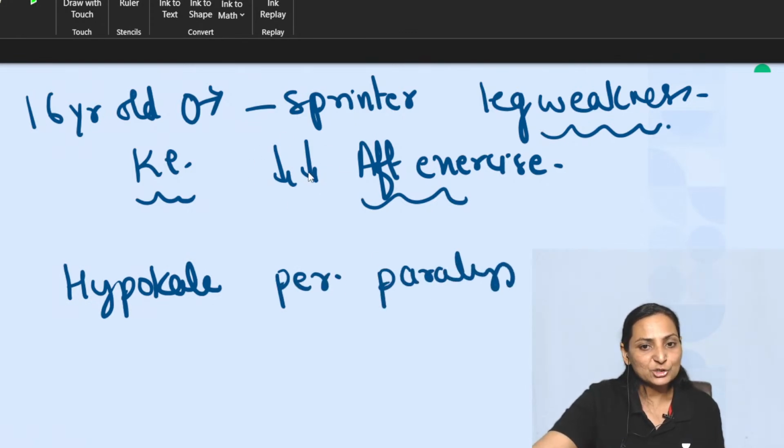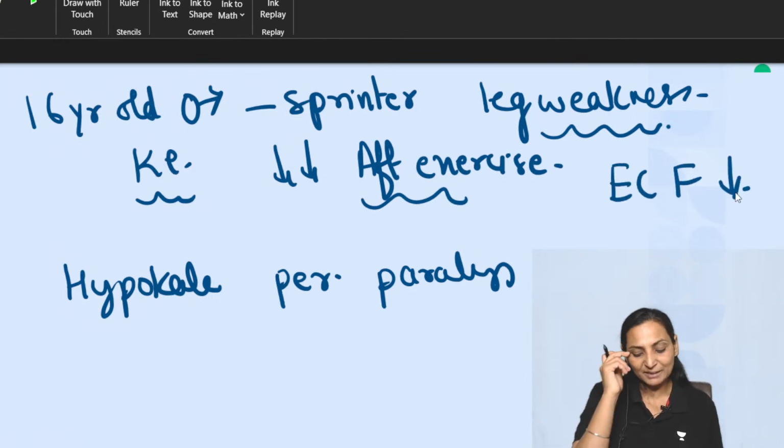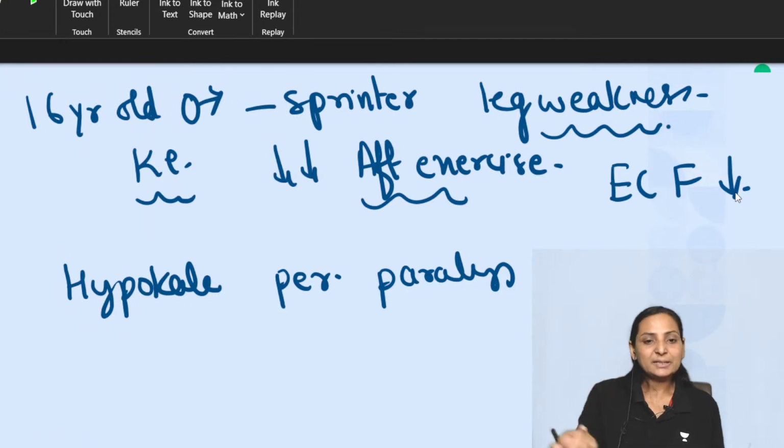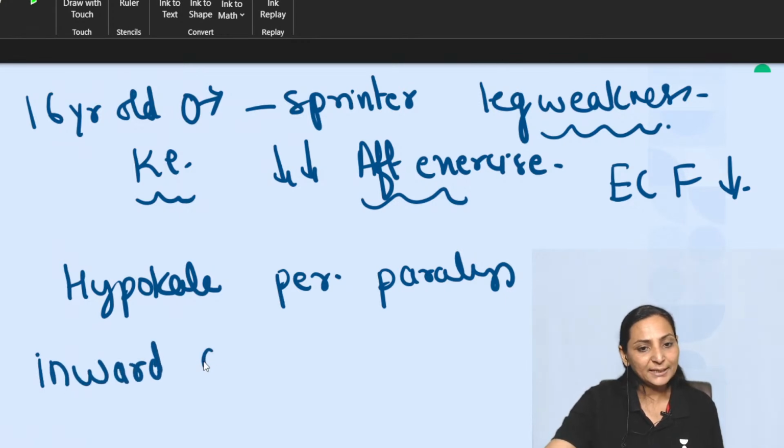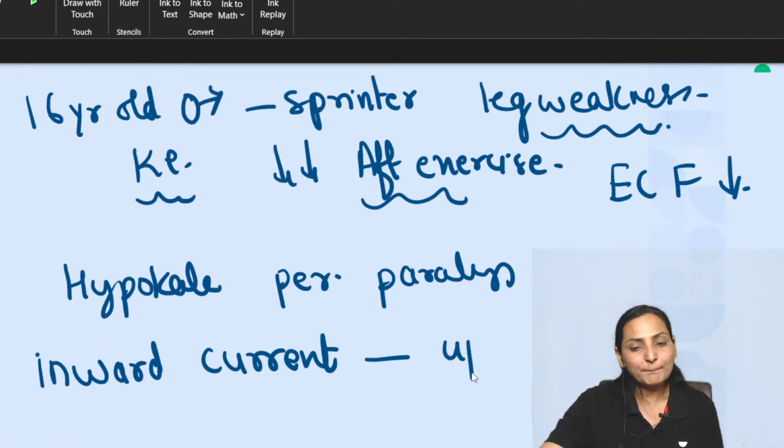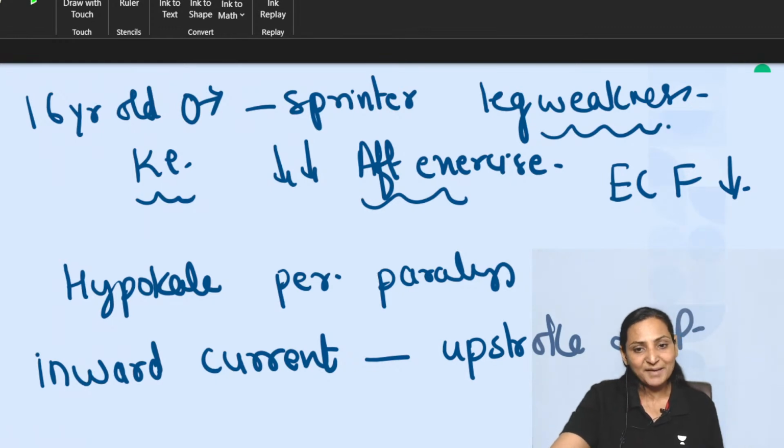There is a decrease in the potassium level. As the potassium level in the ECF decreases, the potassium which is inside in the ICF will move outside, creating a more negative RMP, and that is going to result in hyperpolarization. That hyperpolarization results in weakness, because if it is more negative, that means a greater amount of inward current is required to bring about the upstroke of the action potential. If you don't bring about the upstroke of the action potential, you cannot bring about contraction and the person will